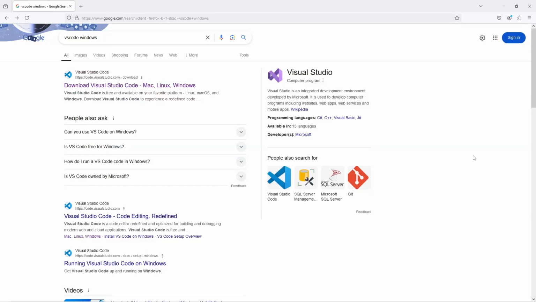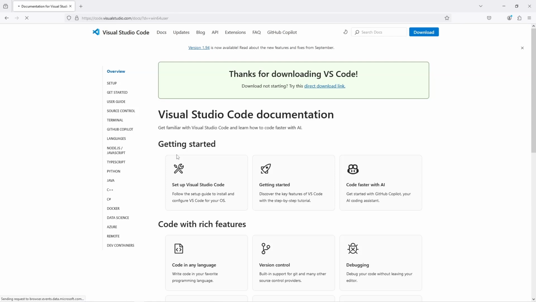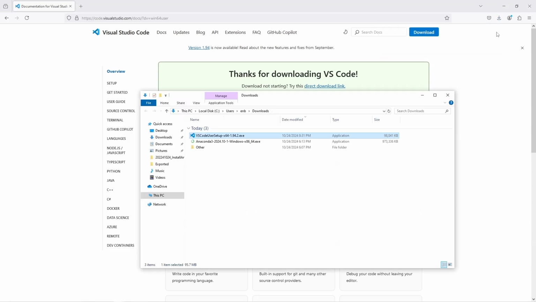Hi, let's install VS Code for Windows. Open a browser, search for VS Code for Windows, click on the download link. The first button here downloads the installer for Windows. Once the executable is downloaded, we can open the folder, double click the installer,